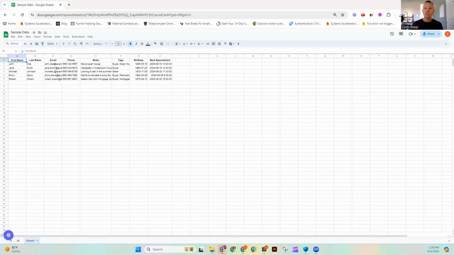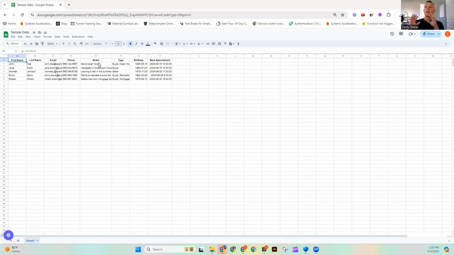a spreadsheet really quick. Okay, so perhaps you have a spreadsheet that has all of your different lead details in it. This is pretty common for most real estate agents. And truthfully, some agents actually kind of live in these spreadsheets. Something to note before we do anything with the spreadsheet, it's best practice to keep the very top of it as titles, right? So as you can see, all of my first names have the title of first name. I have last name, email, phone number, notes. There's lots of different things that we can add inside of SAM. So just kind of organizing them by these different things is going to help us to add them into SAM